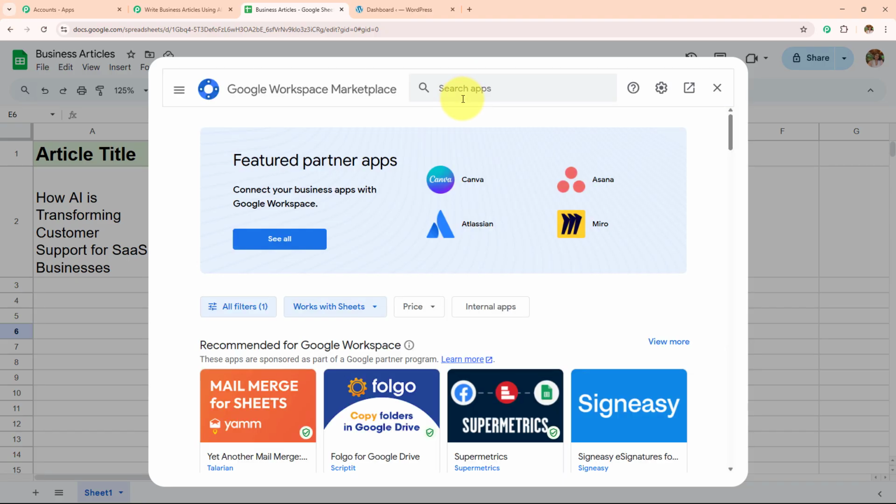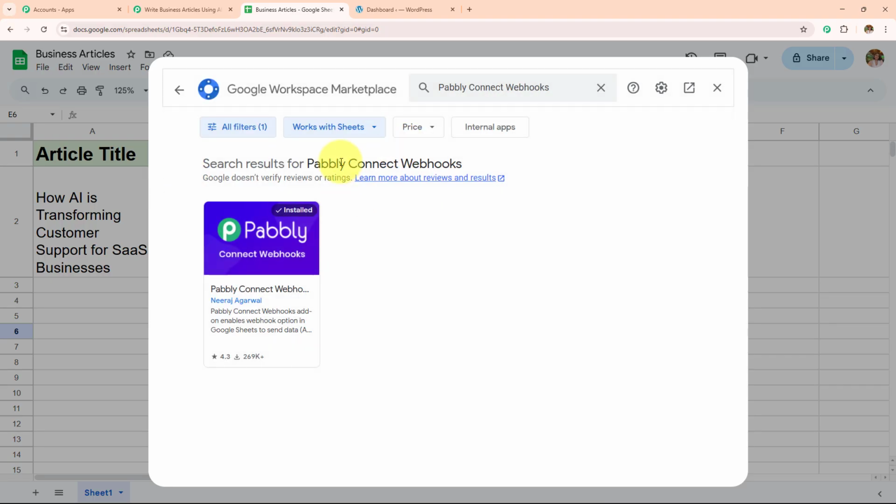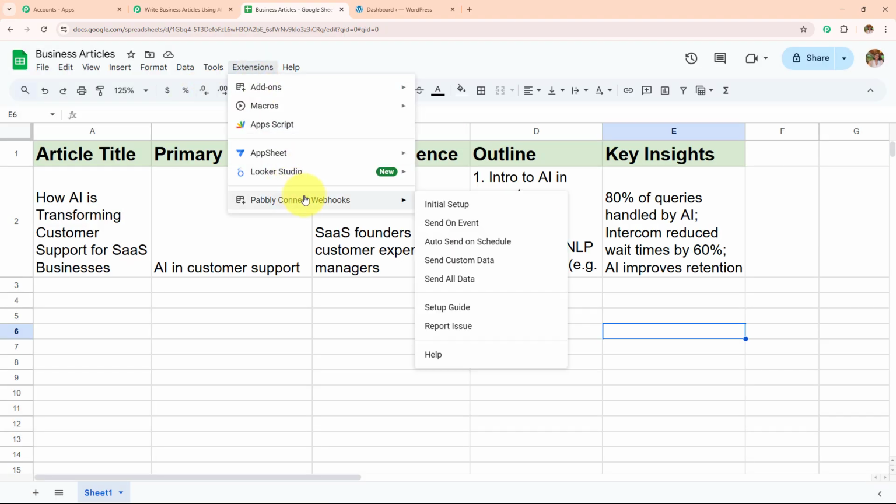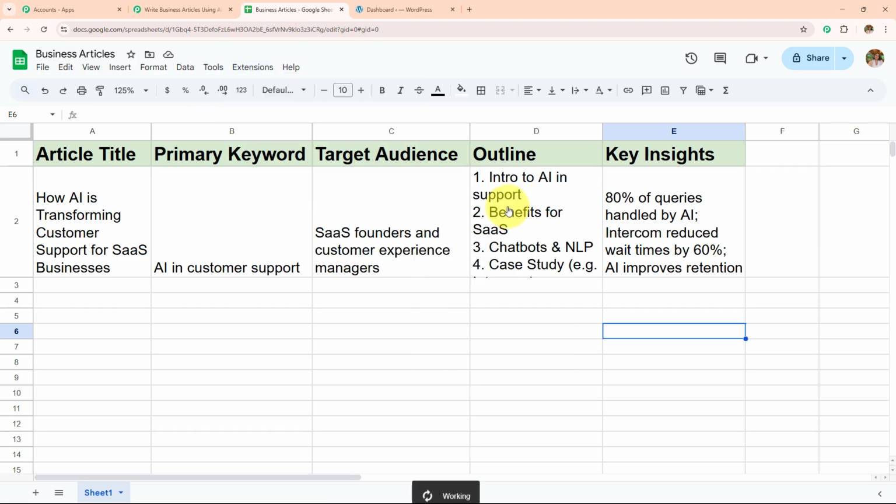Here Google Workspace Marketplace will appear in front of me, where I need to search for Pabbly Connect webhooks. It is showing install because I have already installed this in my Google Sheets. But if you are doing this for the first time, make sure that you follow the same process and install this. After you install this, it will start appearing over here, and from here you have to go towards